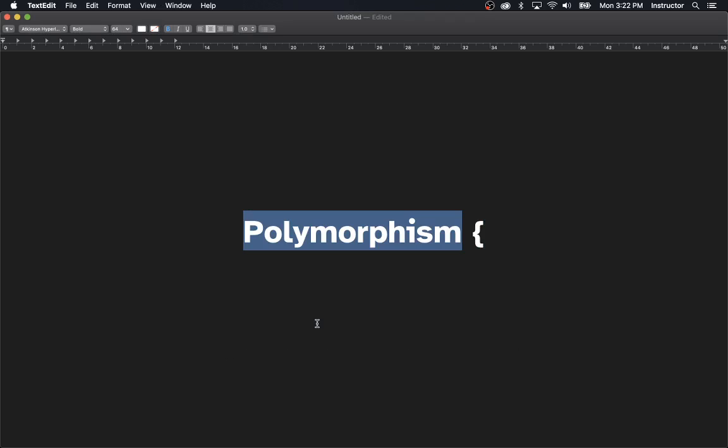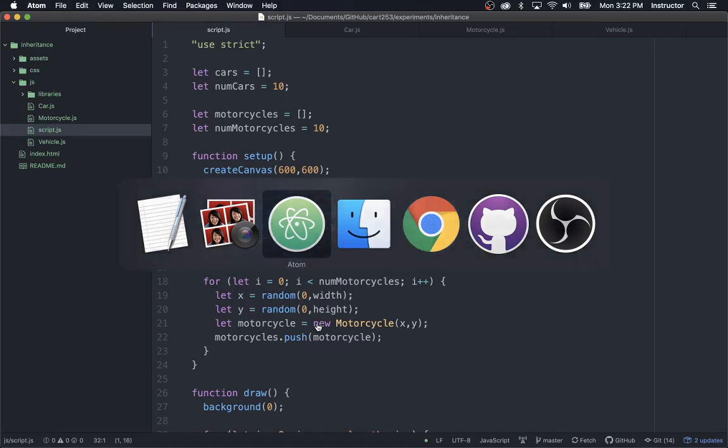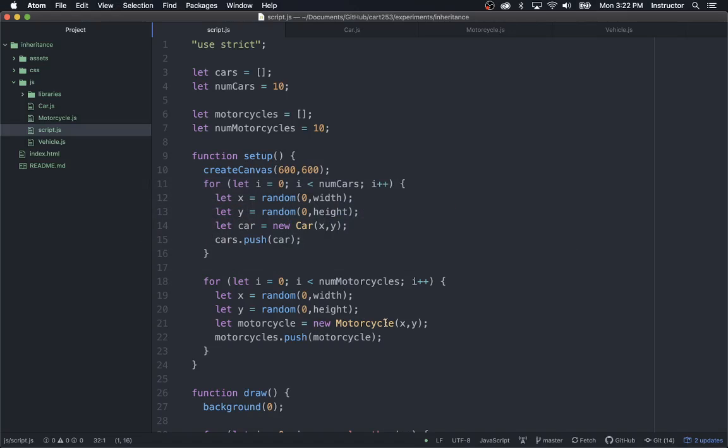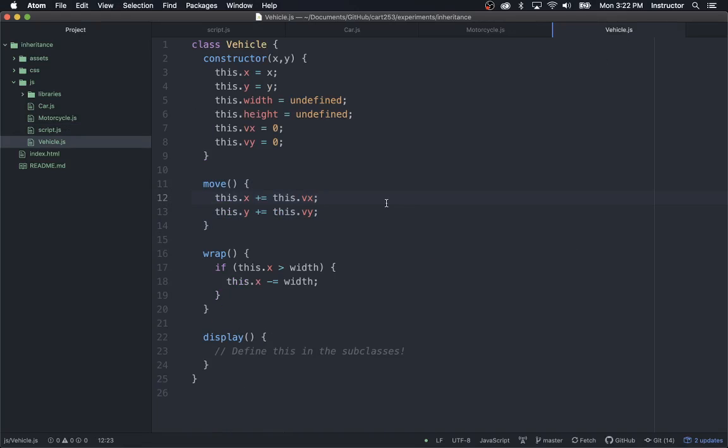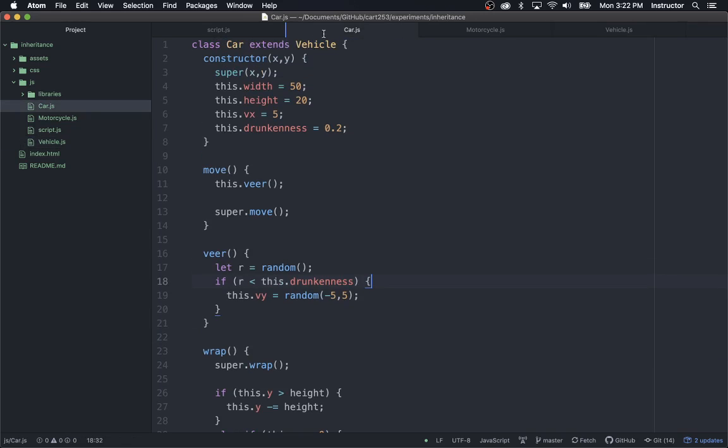So if we return to our example of the traffic, we have these three classes. We've got a vehicle class that defines how vehicles in general behave. They have these properties. They can move, they can wrap, and they can display. As we know, we don't put anything in this display because that's defined down in the specific car and motorcycle classes. And then we have the specific car class, which extends the vehicle and adds some specific extra pieces in,